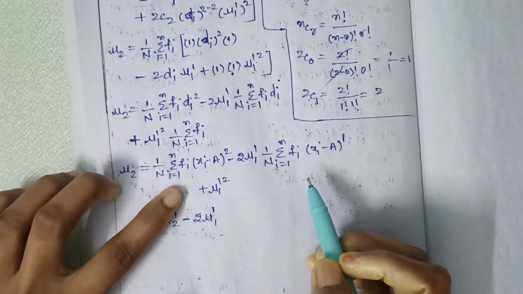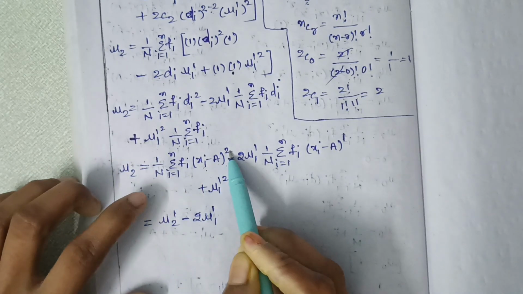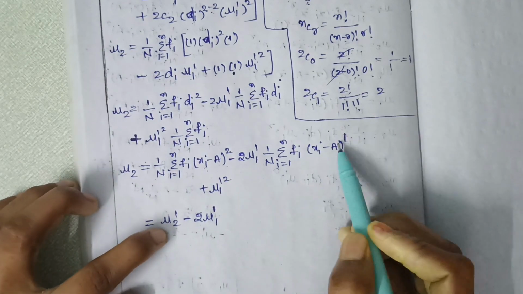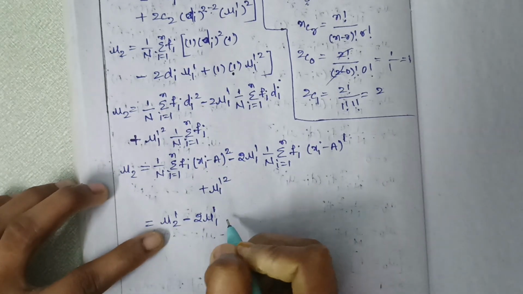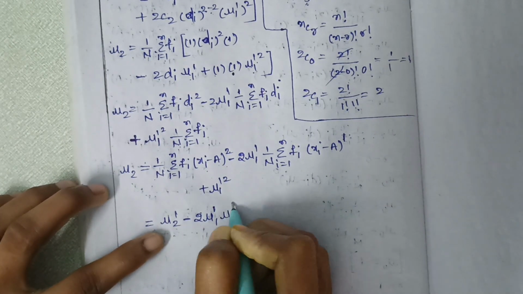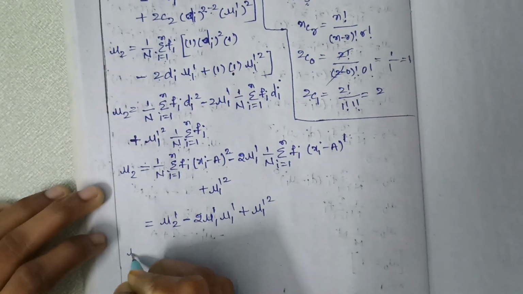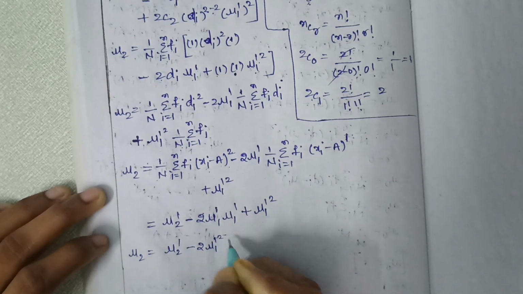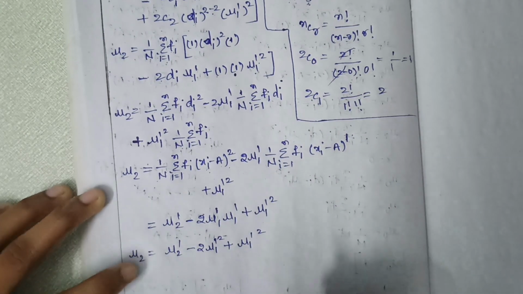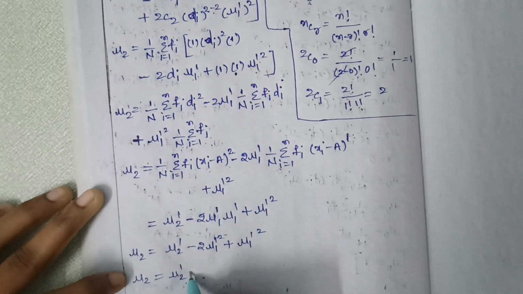Therefore, 1 by n summation i equals 1 to n fi into (xi minus a) whole square becomes mu 2 dash. Here whole to the power of 1, so it becomes mu 1 dash, plus mu 1 dash square, the remaining one. So mu 2 is equal to mu 2 dash minus 2 mu 1 dash square plus mu 1 dash square. If we subtract, then we get mu 2 is equal to mu 2 dash minus mu 1 dash square,